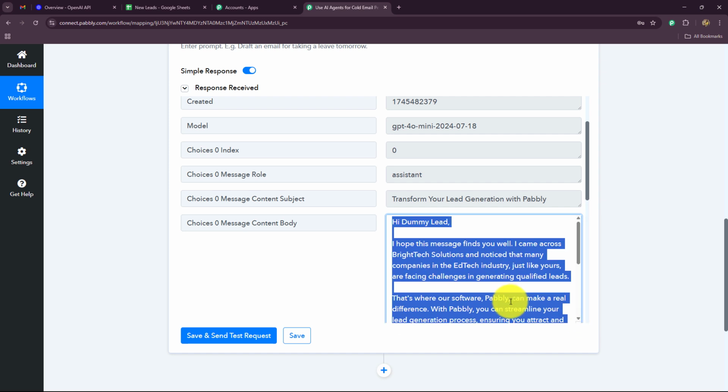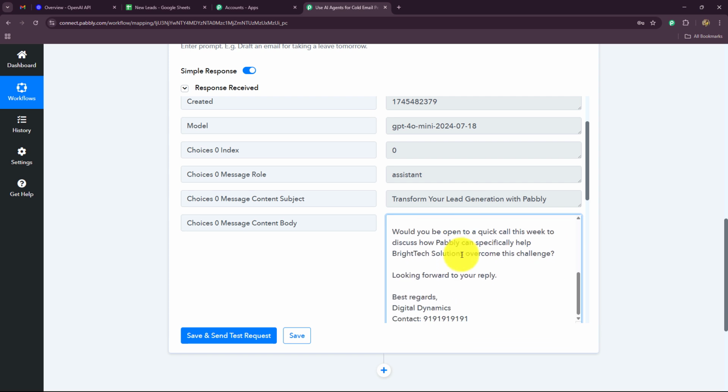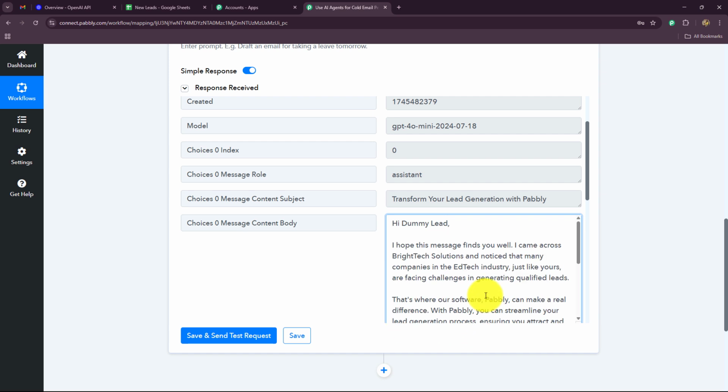Here we have the entire content of the mail. Hi, (lead name). It is including the name of the lead automatically. And here we have the salutation, the name of the company at last, and the contact number as we have instructed. So now, as we have received this email, we are going to quickly send it to the lead on